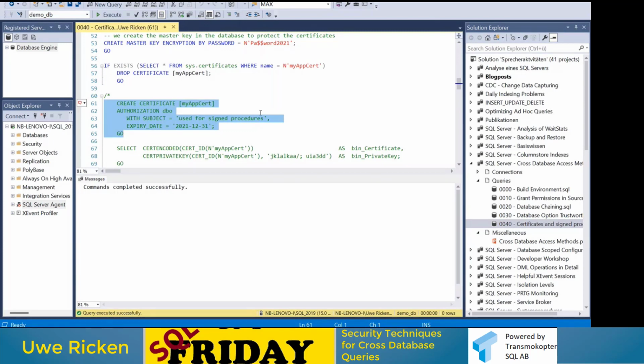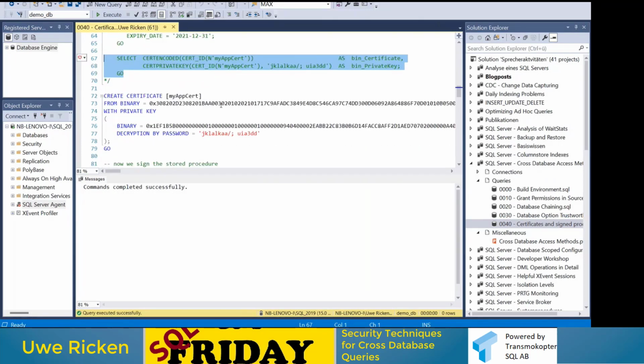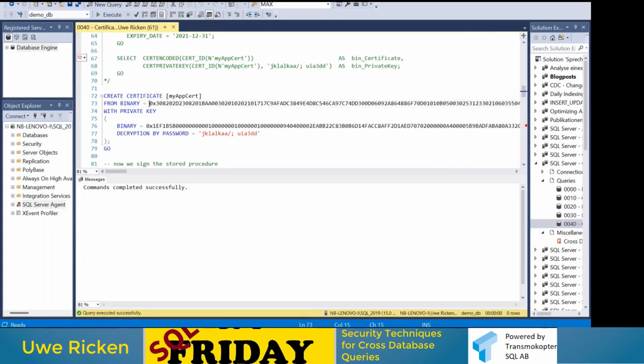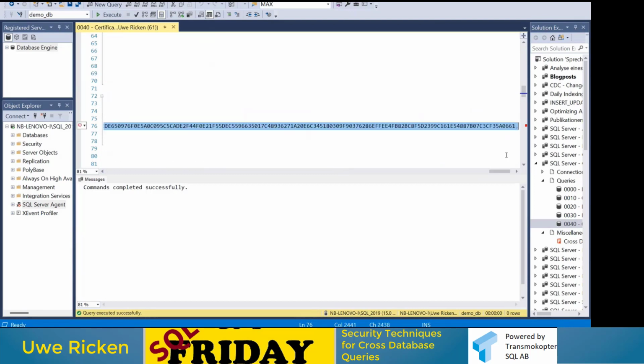But what you can do is, when you create your certificate, you can read the public and the private information out of this certificate by using the CERTENCODED and the CERTPRIVATEKEY function. And this will give you the binary abstraction of the certificate. That does mean that it looks like this. And you see here, this is the certificate as a binary value. And look how long it is. No one can crack this. And here is the private key,